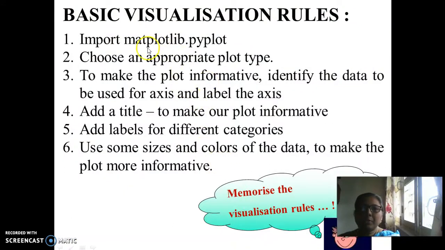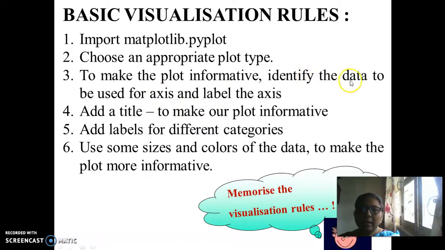The first rule is already discussed in the previous slide. Coming to the second point, after importing, decide upon the type of the plot that you are going to plot, whether it is line or bar or histogram. Depending upon that, the command varies. After that, the data that is there in your hand has to be categorized for enabling it to be plotted in two-dimensional array.